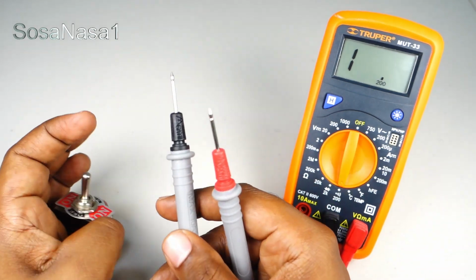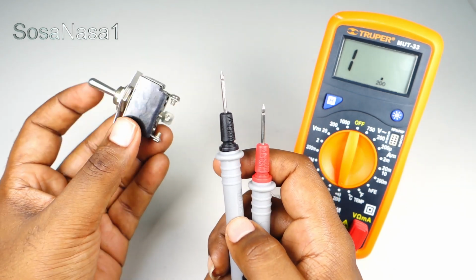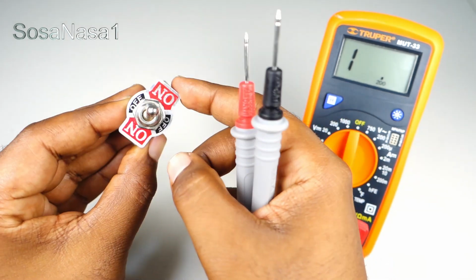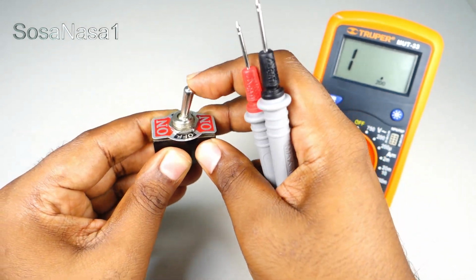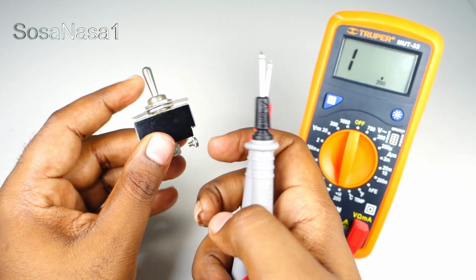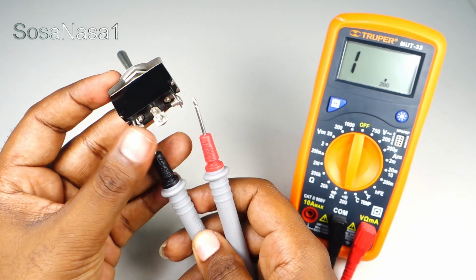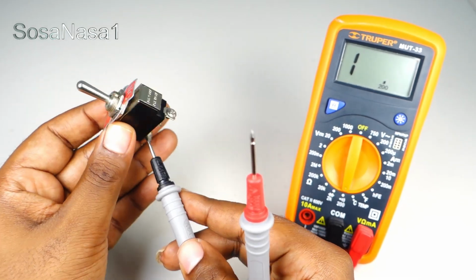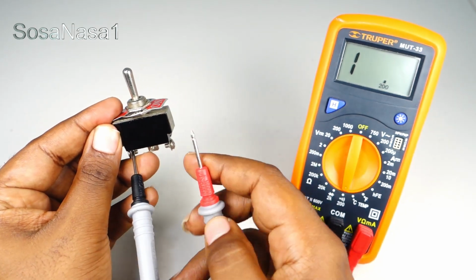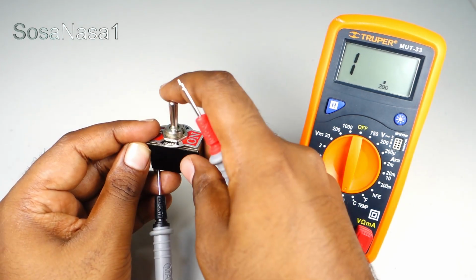Using this information, now we are going to test this switch. It's very easy. The off position is this, on position is this, on, and off position in the center. Off position, we touch here, we touch, let me see, and touch here, and touch here. Okay, on position,